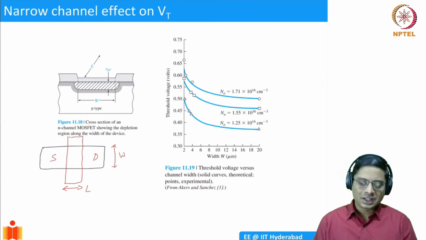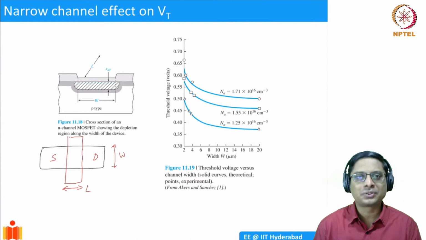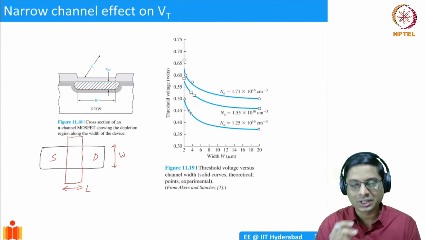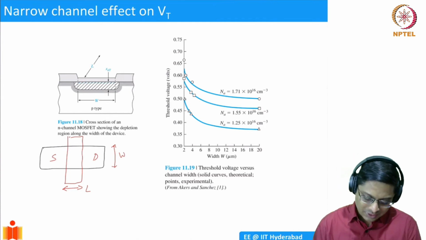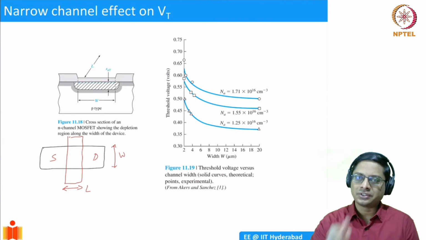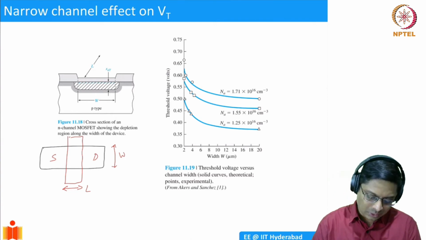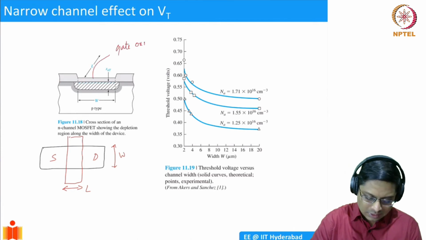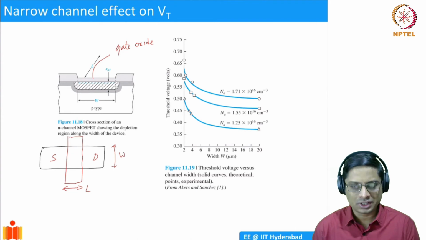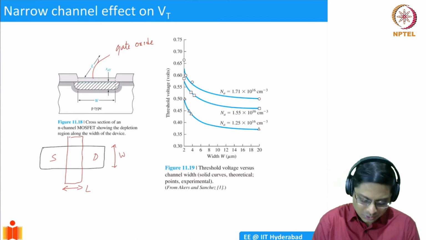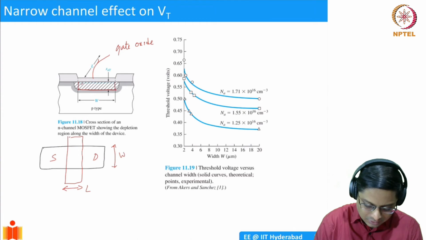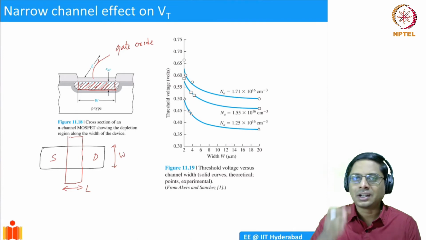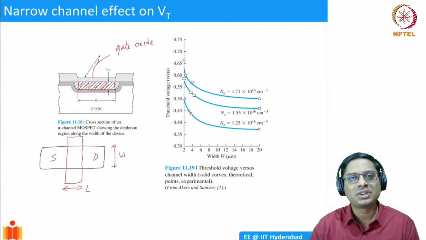Why does that happen? Well, to understand that, you need to visualize the MOSFET a little bit. I have shown some three-dimensional picture as well in the beginning of the MOSFET discussion, so you can go back and look at it. So what happens is you take the cross section along the width, and this is how it looks. So you have the gate oxide here. This is gate oxide. And under the gate oxide, there should be a depletion region. If you apply a positive voltage onto the gate, then you should deplete. This is my depletion region under the gate oxide. But it is never going to happen that it will be exactly under. There's going to be some penetration of the depletion region under the field oxide.